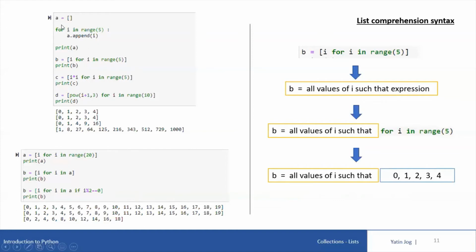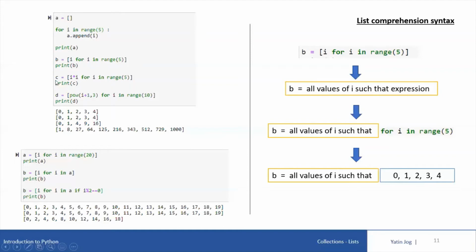So instead of writing the for loop, then giving the colon, and then writing the body of the for loop, you can achieve all these things in one single line by writing B equal to I such that I'll execute this for. That means it will take all the possible values of I from this execution of the for loop, and that will be assigned to the values of B. Then if I say print B, you can look at the output. You will get the same output, 0, 1, 2, 3, 4, which is what you want to achieve.